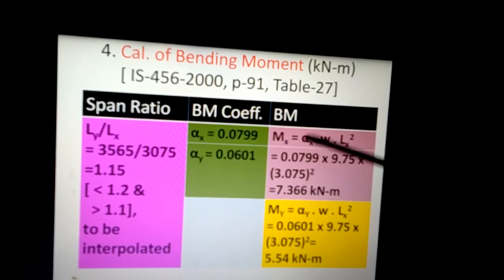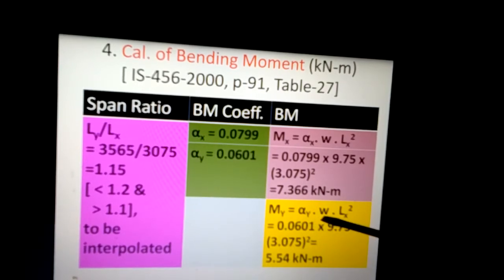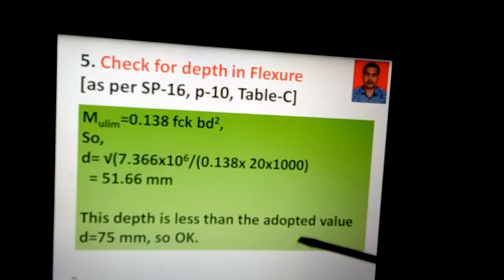By using this, we can calculate the bending moment Mx along shorter span, alpha x into w into Lx square. So putting the values, we get 0.0799 into w 9.75 into Lx square, that is 3.075 square, and this way we get 7.366 kilonewton meter. Similarly, along longer span, the bending moment My is equal to alpha y w Lx square. So 0.0601 into 9.75 into 3.075 square, and this gives 5.54 kilonewton meter. So from these two values of the bending moment, the higher one is